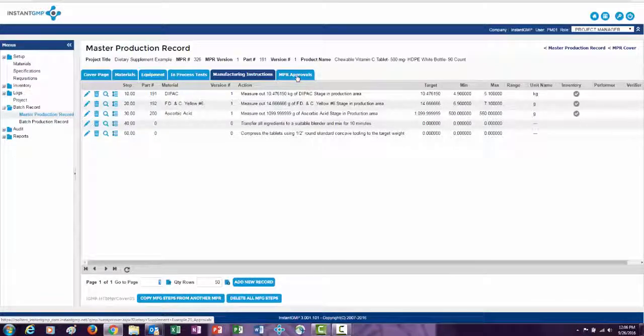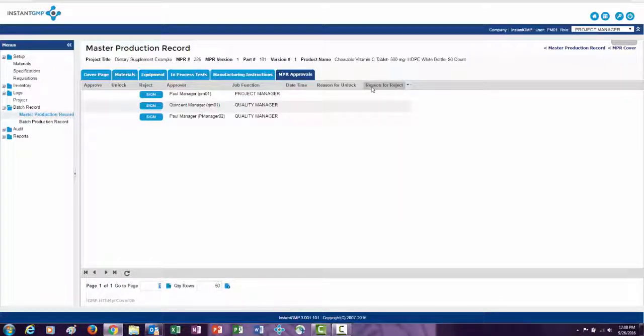Next time someone asks you if you have separate master records for each batch size of each formulation, you can say yes with confidence. InstantGMP takes the pain out of the process of creating many master records for different batch sizes of the same product. InstantGMP makes traceability, compliance, and